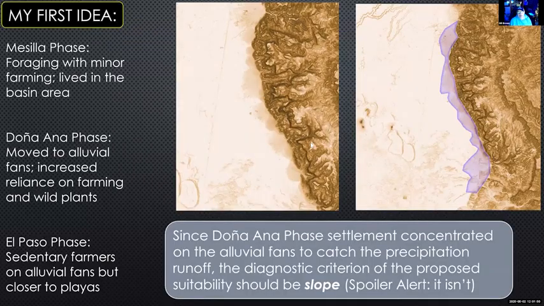So these two pictures right here are screen captures of the slope layer that I calculated from a DEM. Traditionally, archaeologists have seen earlier Mogollon people as living on this flat area right here. This is the basin. You can see the white stuff is very flat. Around 900 AD to 1100, it's thought there was a rainy period, and people moved up to these alluvial fans to do farming. I've got the alluvial fan highlighted in purple here. The reason they did that is they wanted to catch the precipitation runoff for their crops, because they didn't have irrigation or anything. So I originally thought the slope would be the determining factor when it comes down to